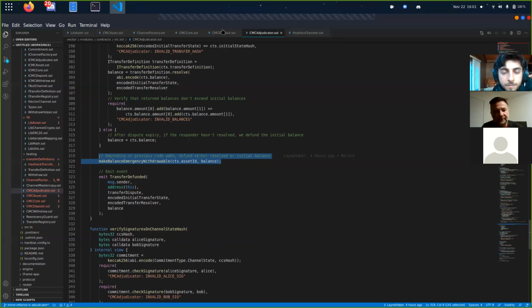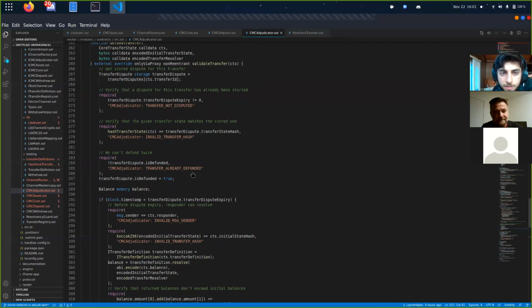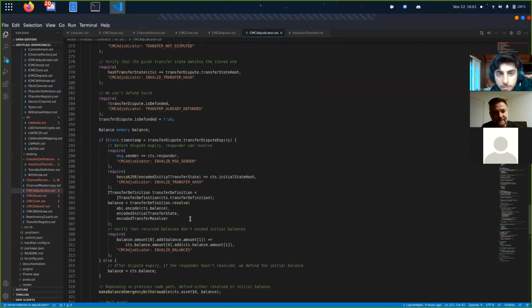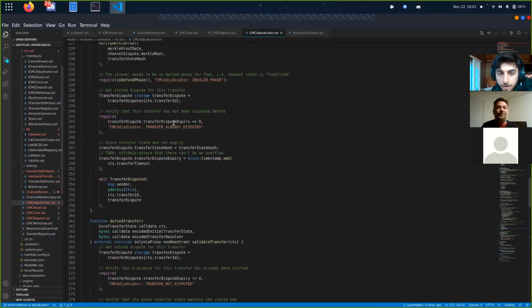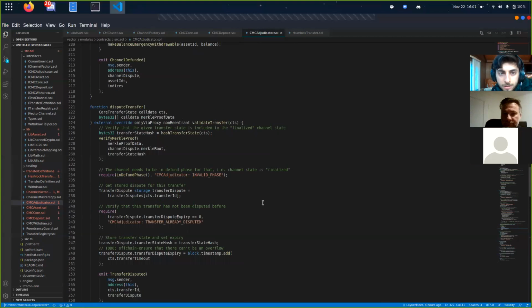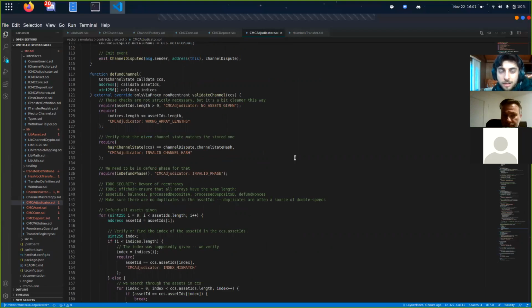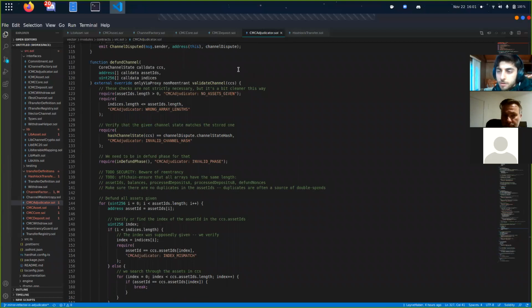Yeah, exactly. So that's the defund transfer flow, and then we can jump back into defund channels, since that one's a bit more complicated, and then from there talk about the overarching withdrawal pattern and how a user interacts with that. So defund channel is definitely the most interesting function. Basically, we pass in the core channel state. We pass in an array of asset IDs. There's a couple of reasons we pass in an array of asset IDs. The first is that